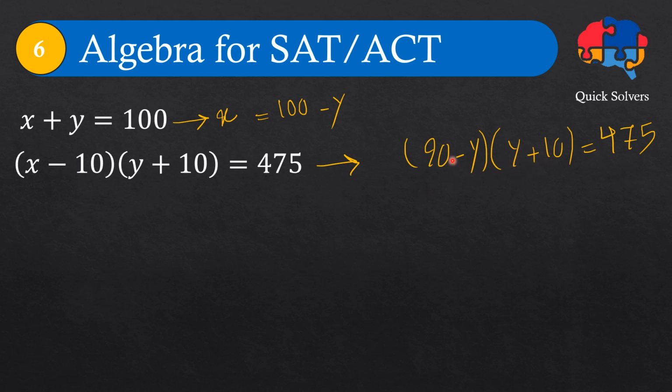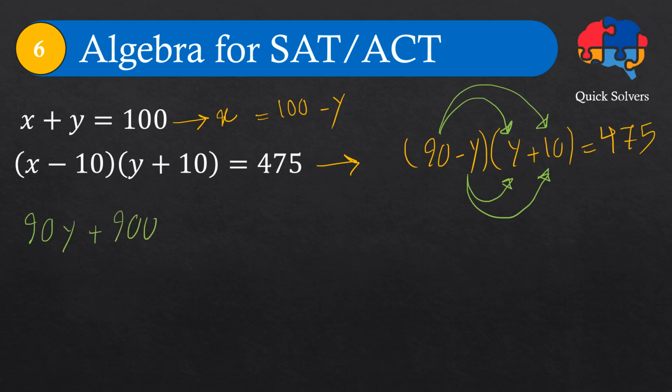In the next step, I will distribute this expression to the expression on the right. For that, I need to multiply this 90 to y, and then multiply it to 10, then multiply this minus y to y, and multiply this minus y to 10. Then we will get 90 times y plus 900 minus y squared minus 10 times y. This equals